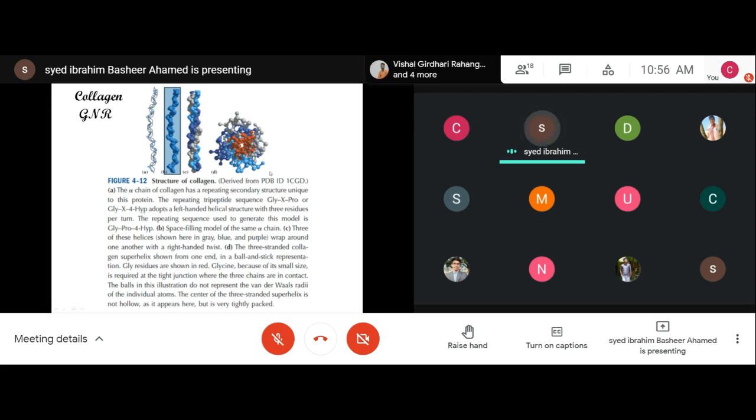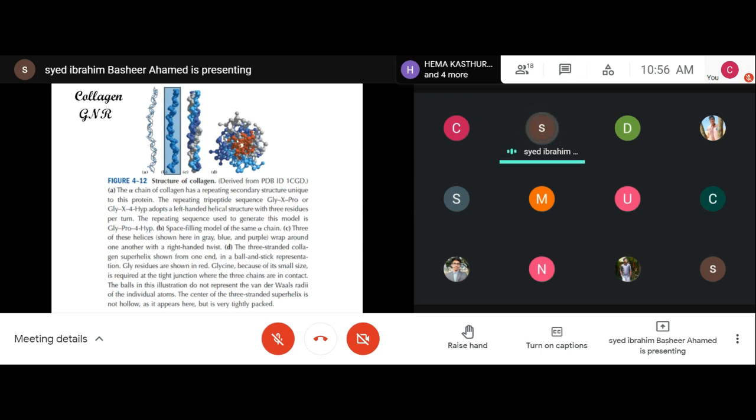It depends. Once G.N.R. solved the structure, Watson and Crick did not agree with the structure of collagen. They complained that it is not possible with proline to have a coiled coil structure, something like that. They argued. Then G.N.R. and his co-workers worked together, and what they did was make peptide models manually.